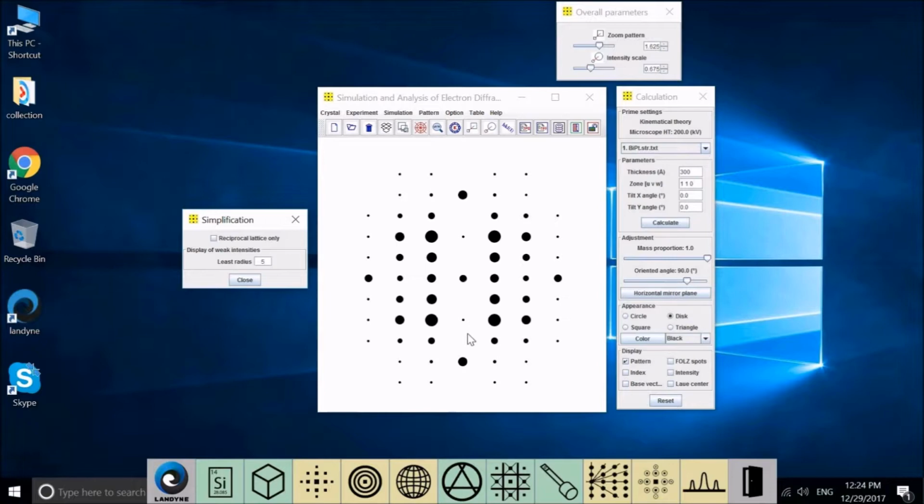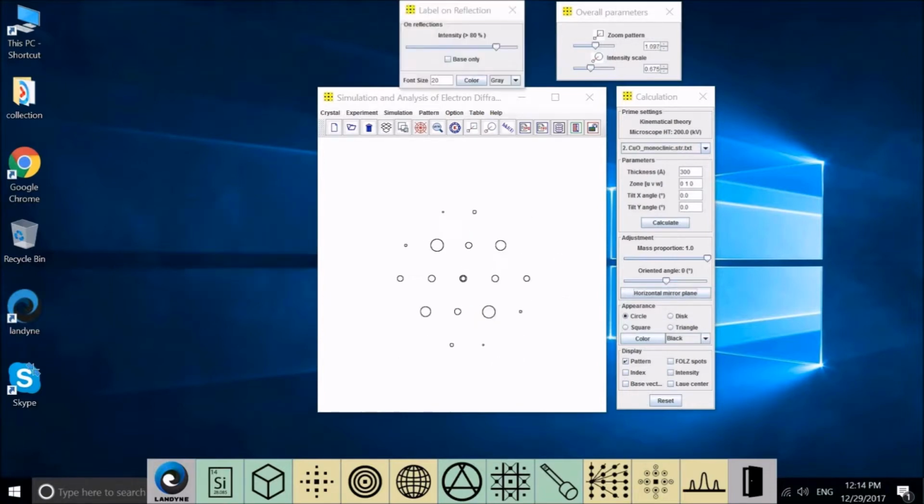SAED3 can also simulate twin electron diffraction patterns. And there are 2 kinds of twins. One is a rotation twin, and the other is mirror twins. First we show you how to create mirror twins, and we load the structure of a monoclinic phase, this one,